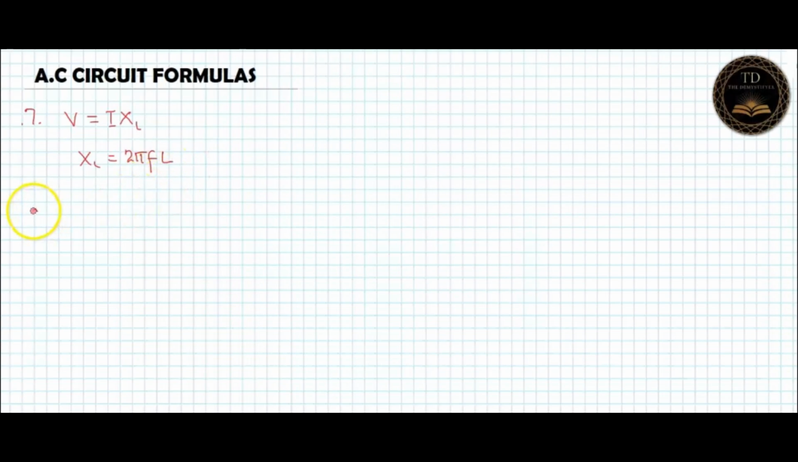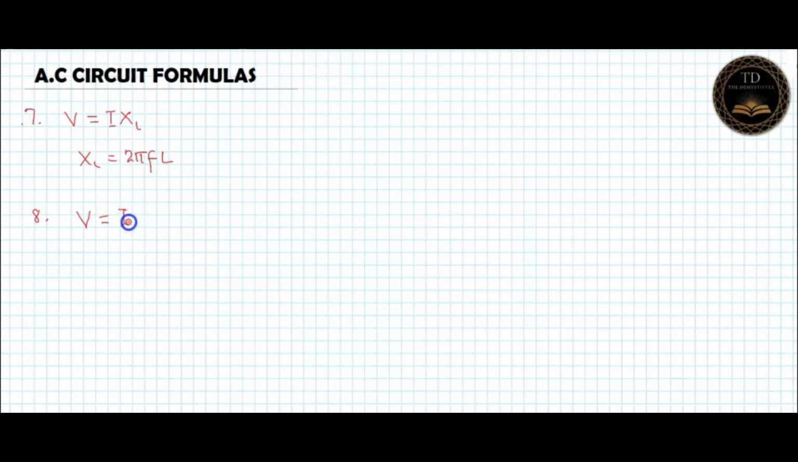And then the next formula you would need to know is for when you have these 3 elements, the resistor, the capacitor, and the inductor, all together in one circuit. In that case, you'll be referring to what we call impedance. So from Ohm's law again, we have V is equal to I